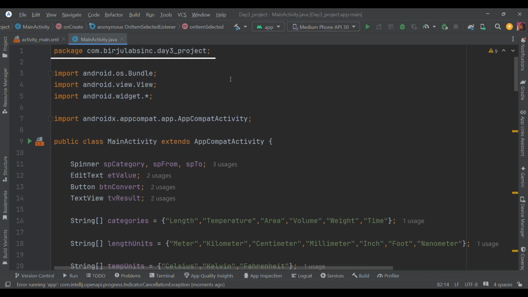This line defines the package name of the application. A package is like a folder that organizes Java classes inside the project. This line imports the Bundle class of the Android library. Bundle is used to pass data between Android components, especially when an activity starts or when the app state is